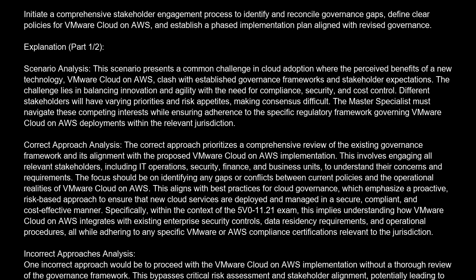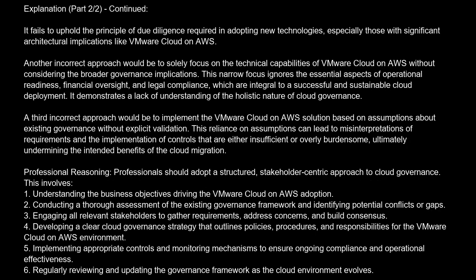Incorrect approaches analysis. One incorrect approach would be to proceed with the VMware Cloud on AWS implementation without a thorough review of the governance framework. This bypasses critical risk assessment and stakeholder alignment, potentially leading to security vulnerabilities, compliance breaches, and uncontrolled costs. It fails to uphold the principle of due diligence required in adopting new technologies, especially those with significant architectural implications like